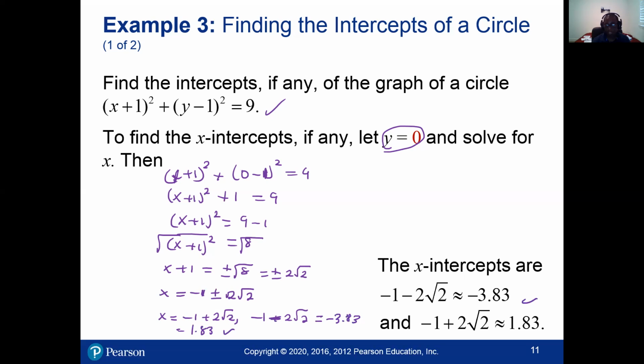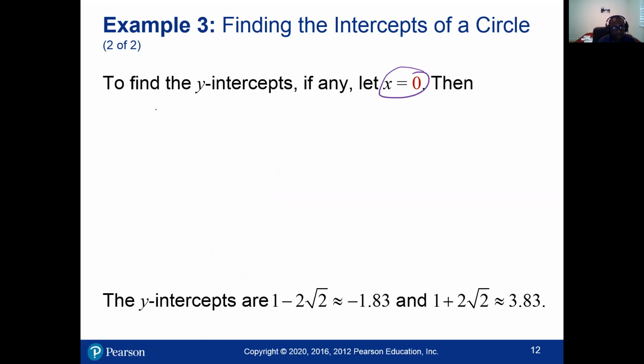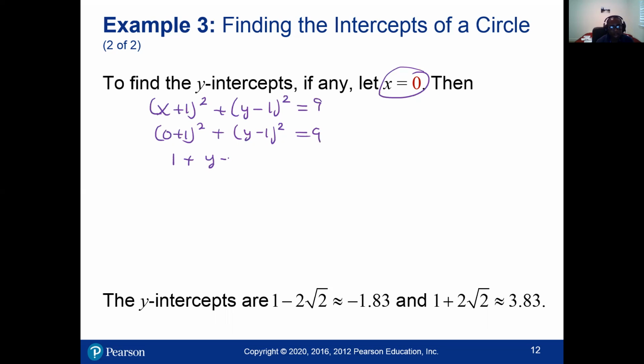Then we do something similar to find the y-intercepts. Well, x is equal to 0. Substitute into the equation. What's the equation again? (x plus 1) all squared plus (y minus 1) all squared is equal to 9. So if x is equal to 0, this gives me (0 plus 1) all squared plus (y minus 1) all squared is equal to 9. And then that gives us 1 plus (y minus 1)